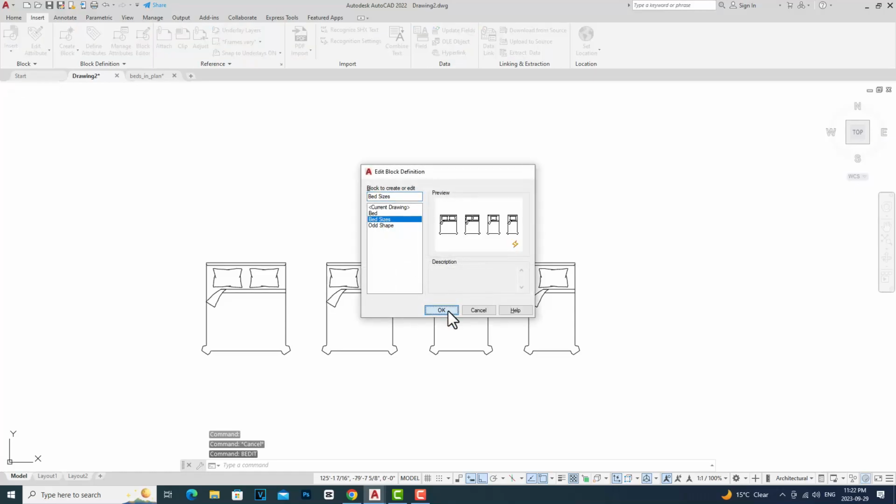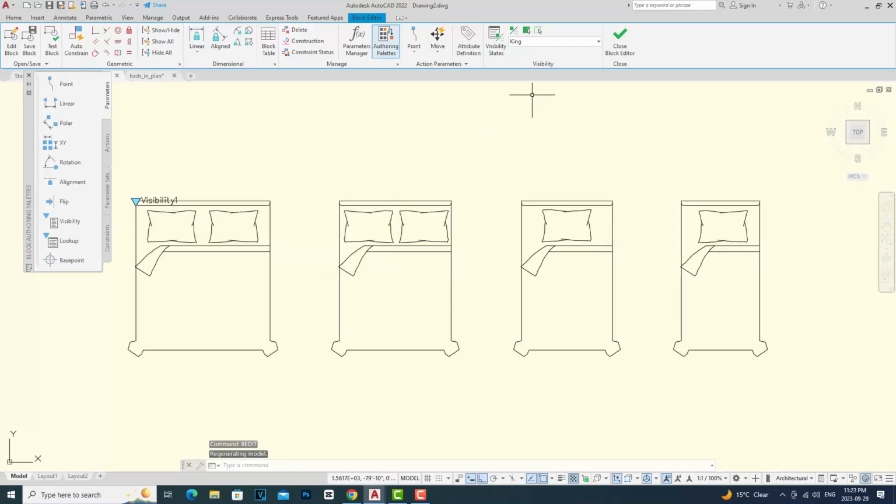Bed sizes. So, back to this. Right now we have our four parameters. We want to make sure that when we select king, only the king would show, when we select queen, only the queen would show, when we select full, only the full will show, and when we select single, only the single would show. So in doing that, we'll go first to the king